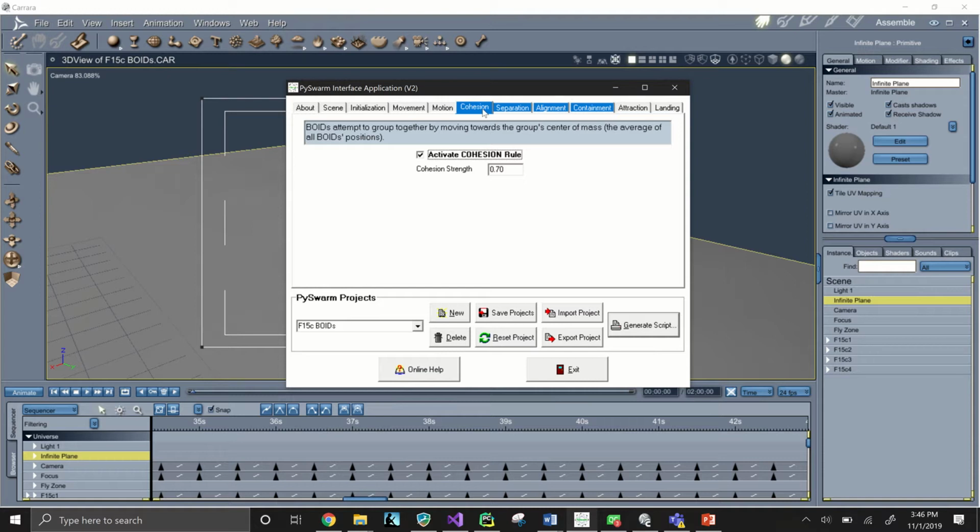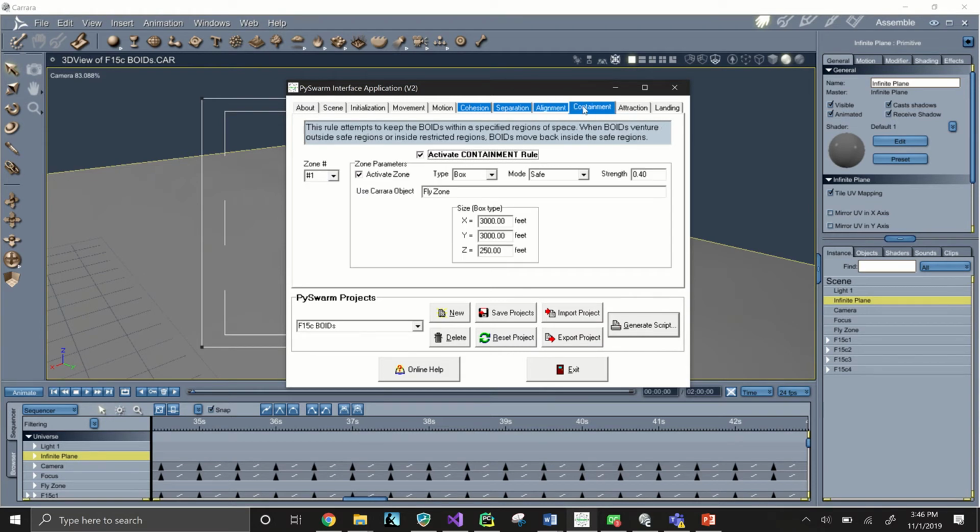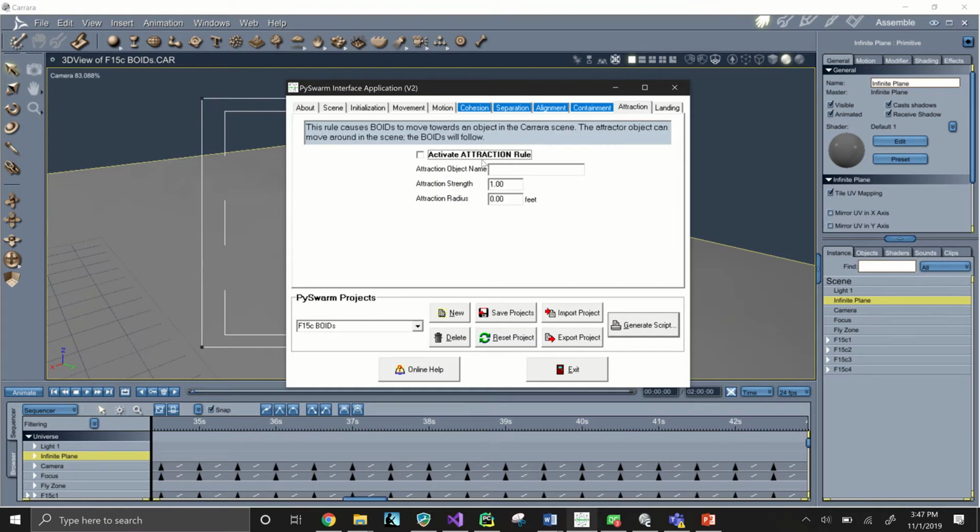Cohesion is basically explaining how they're going to be grouped up together. Separation counteracts cohesion, and it says how separate the objects are going to be from each other. Alignment defines how they're going to uniform their speed and velocity with each other, and containment means the zone in which they're going to be flying in. You can also change the attraction, but in this current application, it doesn't have any, which I plan to change